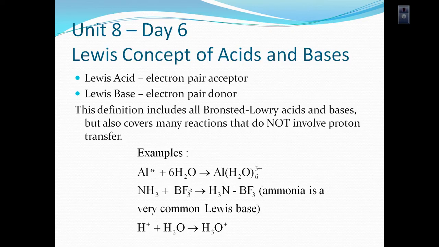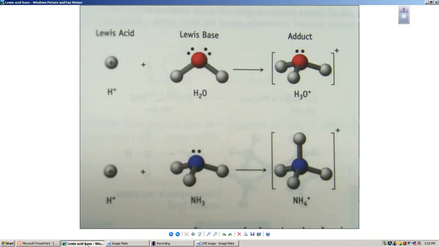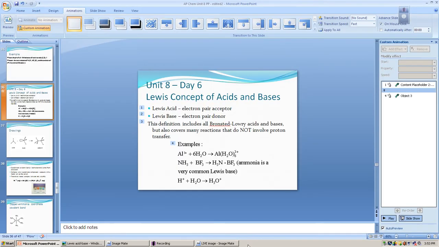And we can see that here. We have this picture from our book that shows why. Water has got this great amount of electrons up here to be able to donate. Ammonia has a pair of electrons that it's able to donate. So, as we go back to our notes,